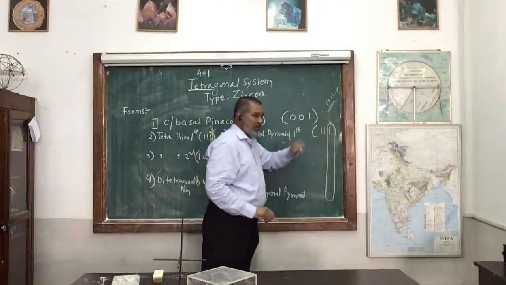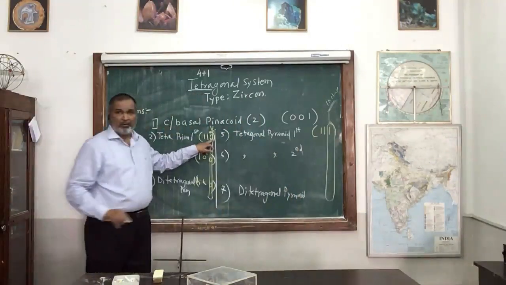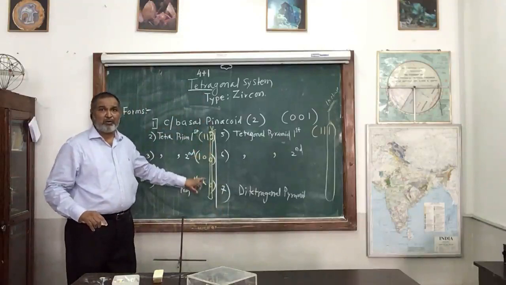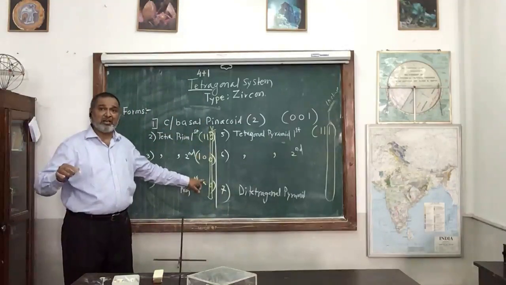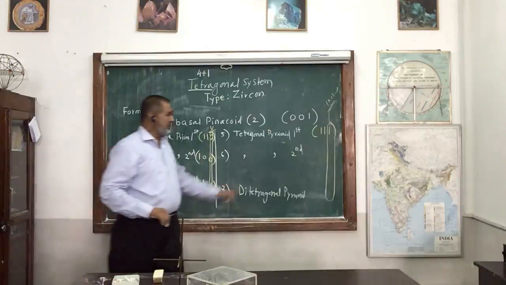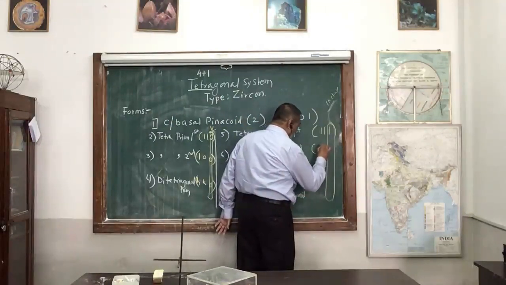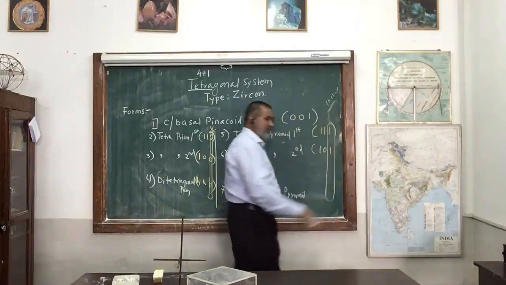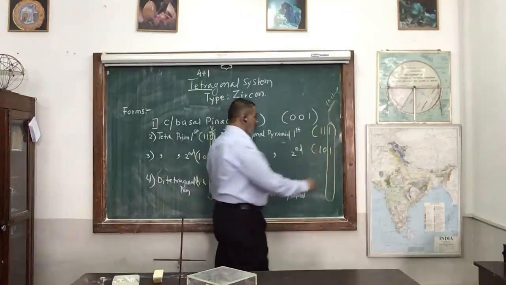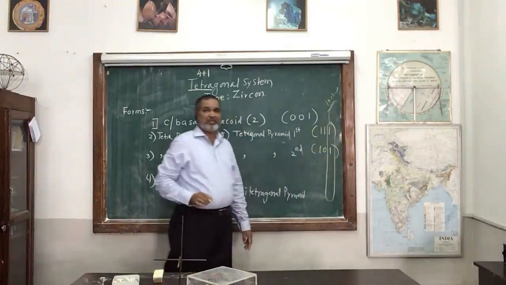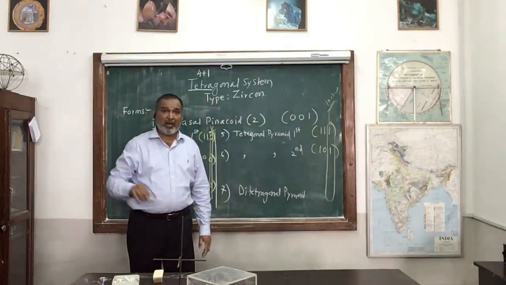Now 1, 1, 1 first order. See now 1, 1, 0. When we are going to make the second order, one more axis becomes parallel, and that is the B axis remaining parallel. Similarly here also, when you write down the indices 1, 0, 1, B remains parallel, because we want a front face, indices 1, 0, 1.